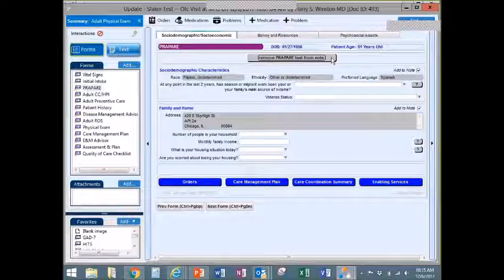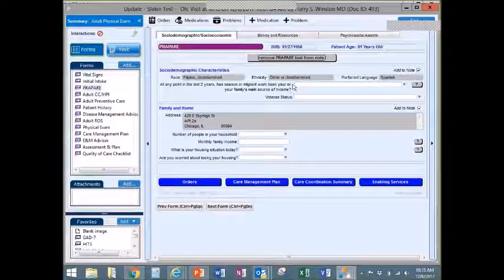There is a big gray button up here at the top that says remove the PRAPARE text from the note. This button, when clicked, will remove all of the information from the PRAPARE note entirely because there is some sensitive information in there, and you as the clinical staff can make the decision if you want to include it in the note or not. Notice that race, ethnicity, and preferred language is pulling over,